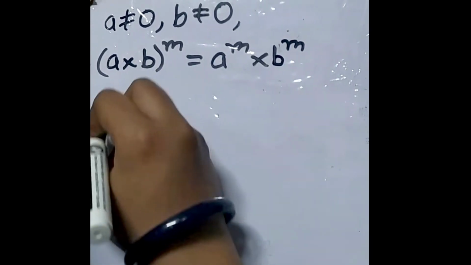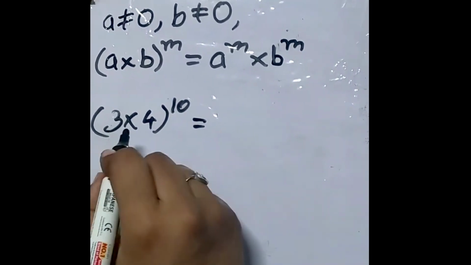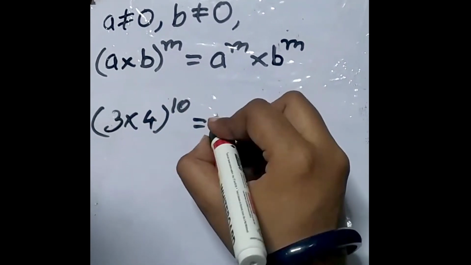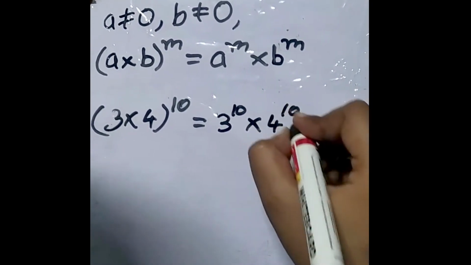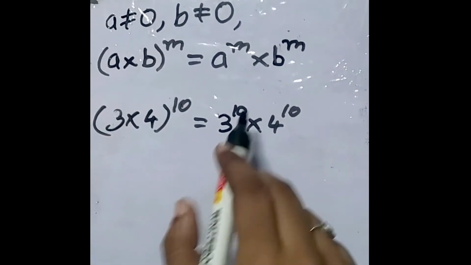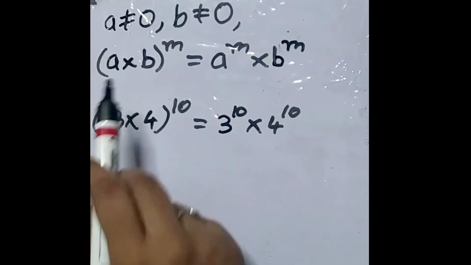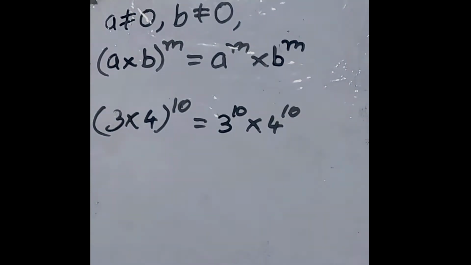We will see one example. 3 into 4, the whole raised to 10. We can directly use this law: 3 raised to 10 into 4 raised to 10. So this formula is very useful when we have such examples. Directly we can use this formula. Now the next law is